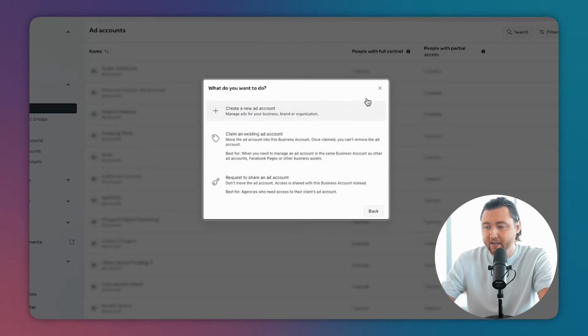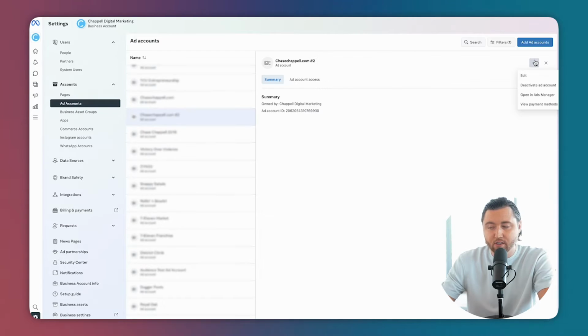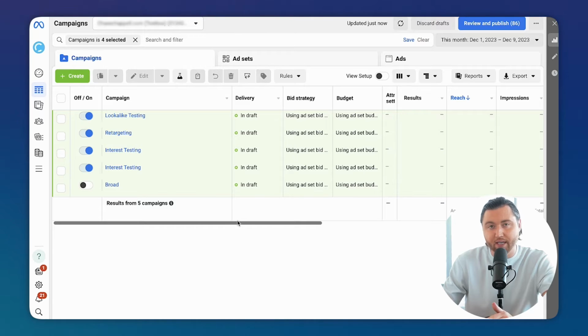So once you've added in your ad account, you can select it, and then select these 3 little dots and hit open in Ads Manager. And then your ad account will look something similar to this. You might not have any campaigns at all, and that's totally fine, but we're going to be structuring your campaigns to